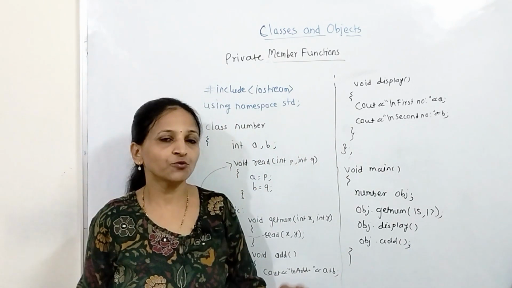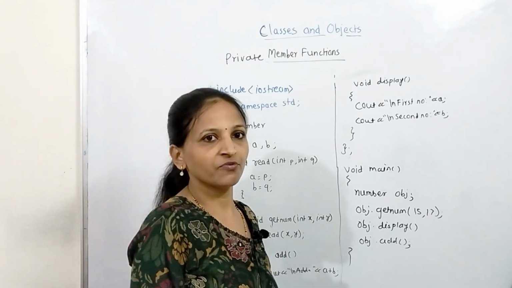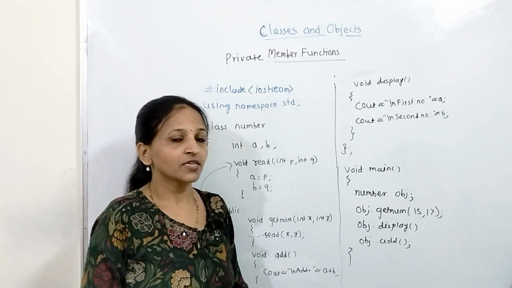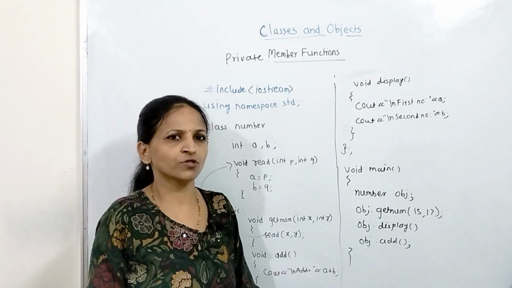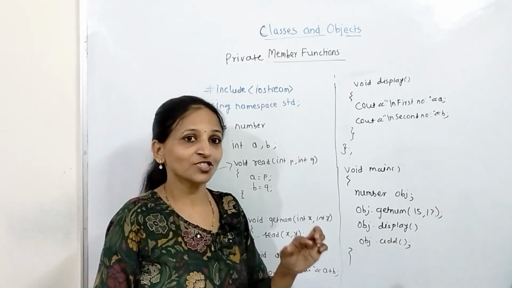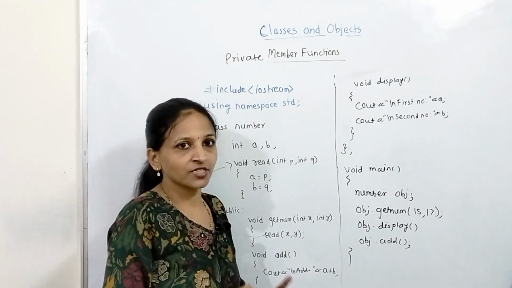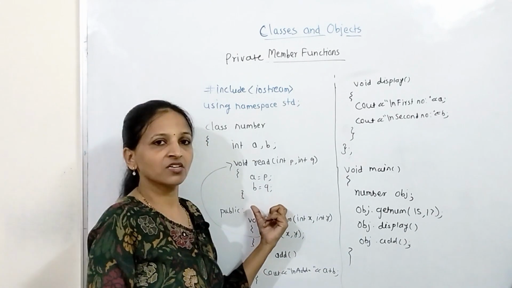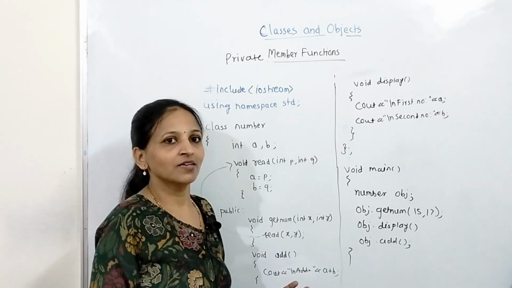Always keep in mind, if you are writing any member function inside a private section, then that will be a private member function, and if you want to call that member function outside the class, you cannot directly call it using object dot outside the class. Private data is not accessible outside, but using a public member function you can call that. You have to write one more function inside the public section, and inside that you have to call that function, then only you can call it. Otherwise, if you have not written this, you can never call this function, because private is not allowed to be accessible outside the class. Getting?